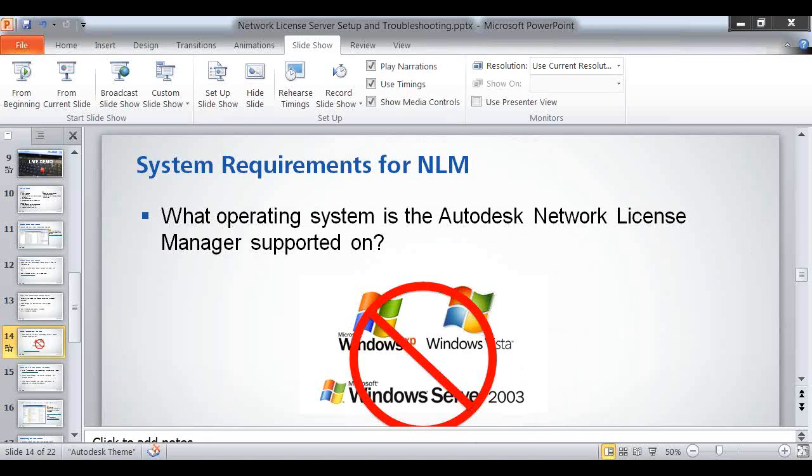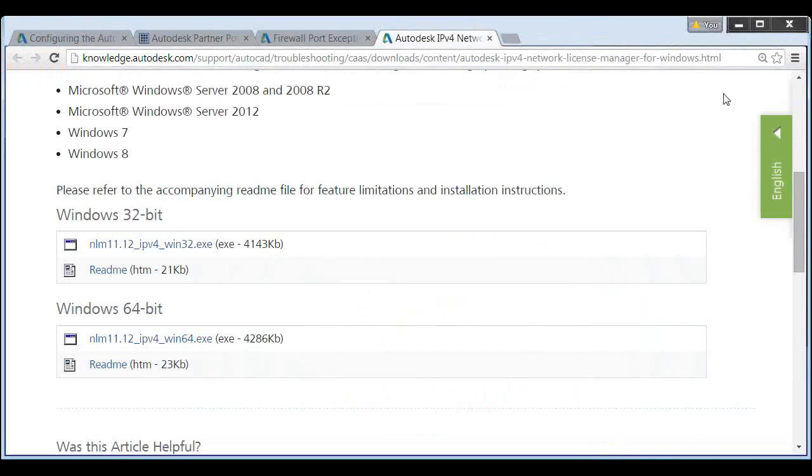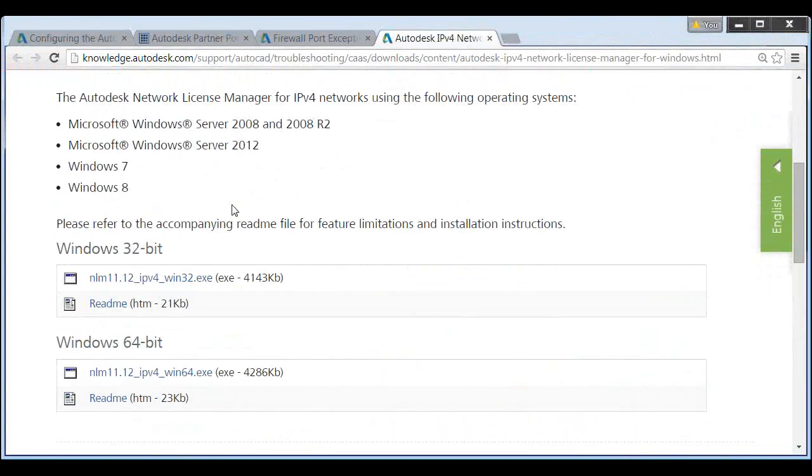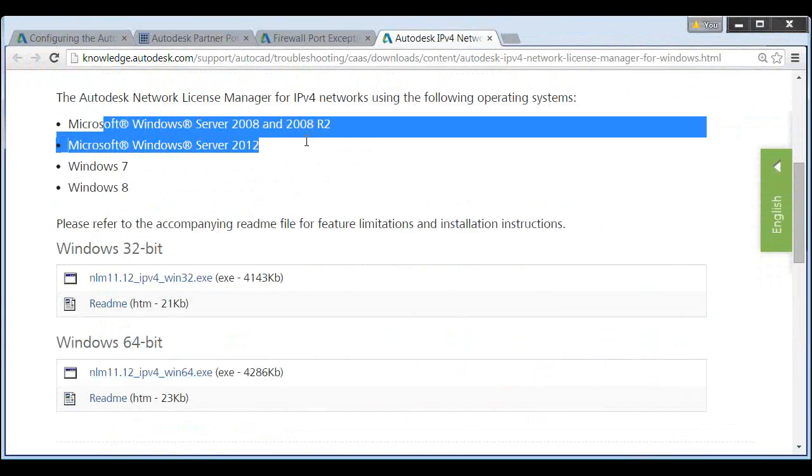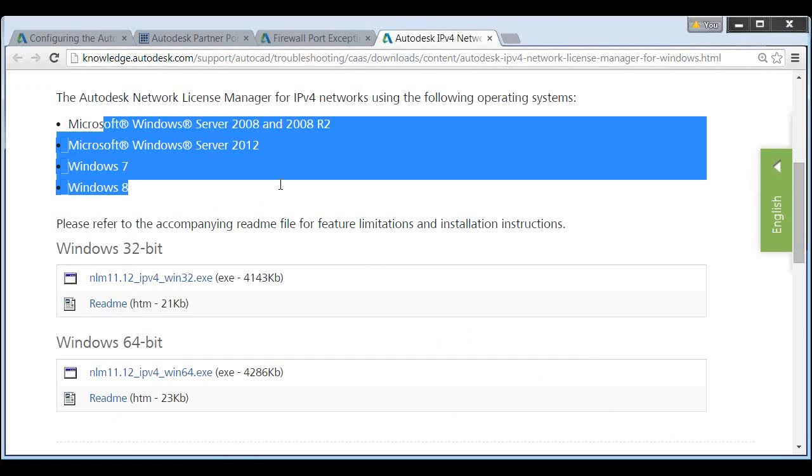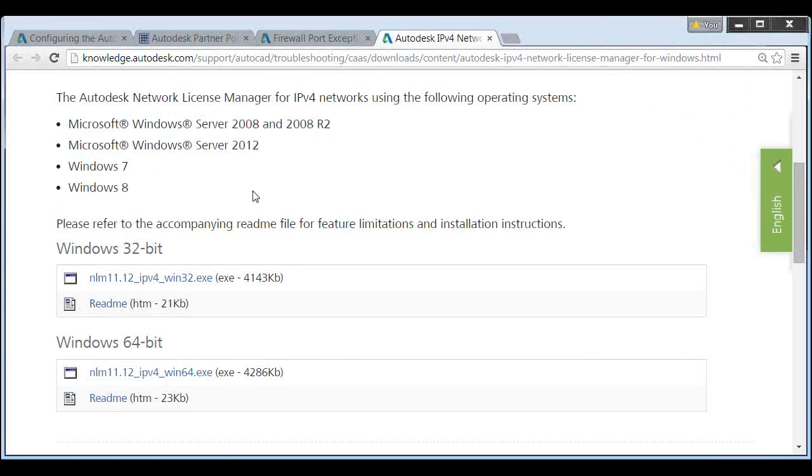I'm going to share my web browser. This is the page where you download your license server software. You can see here's the 11.12 version, IPv4, IPv6, and what it lists here are the supported operating systems. So Windows Server 2008, Windows Server 2008 R2, Windows Server 2012, Windows 7, Windows 8. Any of those will work fine, and no particular one works better than the other,